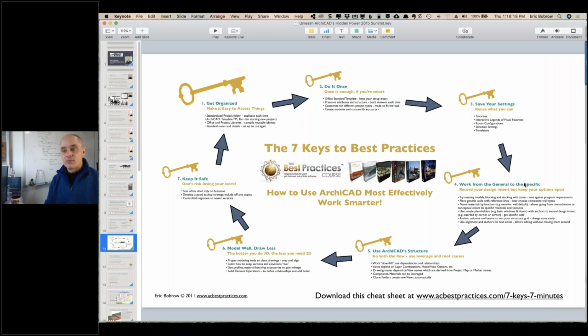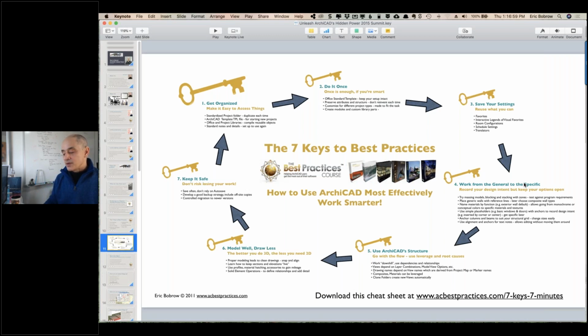So a classic example is if you want a window to be centered between 2 walls, then you can put it in and anchor it by the center point. And then if you change your mind about the window and make it bigger or smaller, that center point is the place that ARCHICAD will maintain. So your intent was to center it. In the same way with a door, perhaps you want to say that the corner of the door is a certain number of inches or centimeters from the corner of the wall where the 2 walls meet. And then if the door changes from a narrower one to a wider one, that corner is your design intent